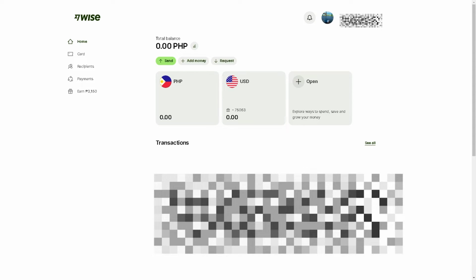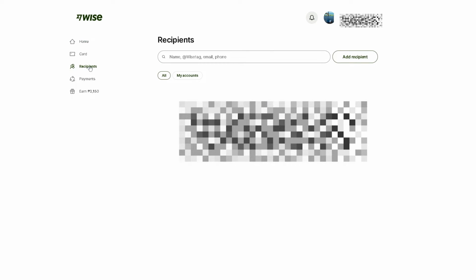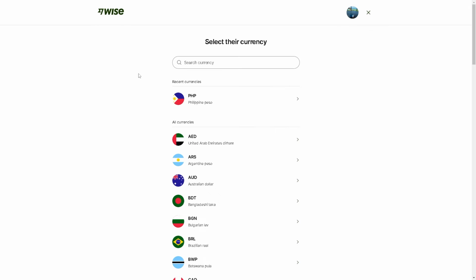Now, the thing is, you need to add your bank account, because if you haven't already added your Bank of America account to Wise, you'll need to do so. And all you're gonna do is go to the recipient details section right in the left side of your dashboard. Click on that panel and you will be directed here and choose to add a new recipient or select an existing one. Now basically click on add recipient and that's gonna be your Bank of America, but you need to search for the currency